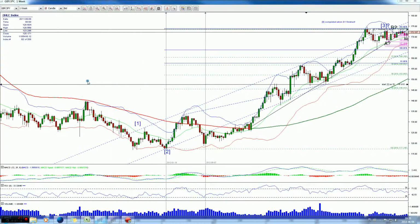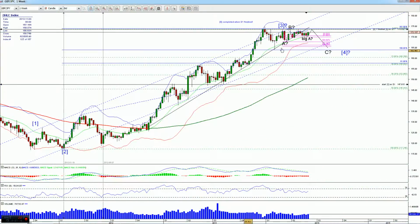Good. Let's check the weekly. On the weekly, this is either a big C completed in this area here. I talked about it last week or two weeks ago as well. Or this is a smaller A, a smaller B, and a smaller C, and this is more probable in my opinion. So the C wave is developing, and you can see it on